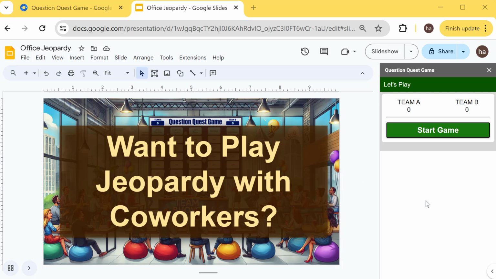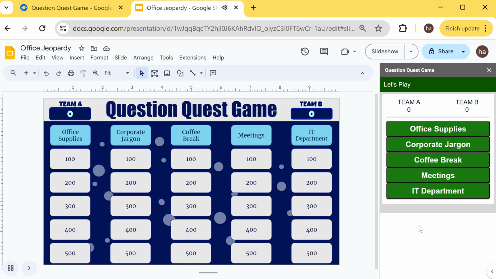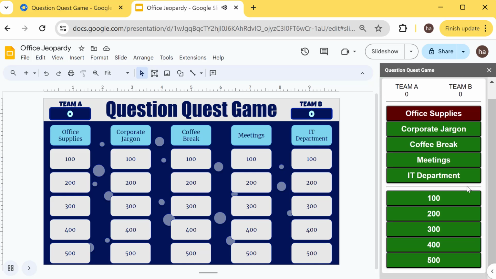All right, so to play, you'll be in Google Slides, and this will be an extension. I'll show you how to download this extension later. So let me start playing first. Let's start the game. As you can see, this will be your game board. There are 5 different categories that you can choose from. If you pick one category, it's going to show you 5 different buttons here so that you